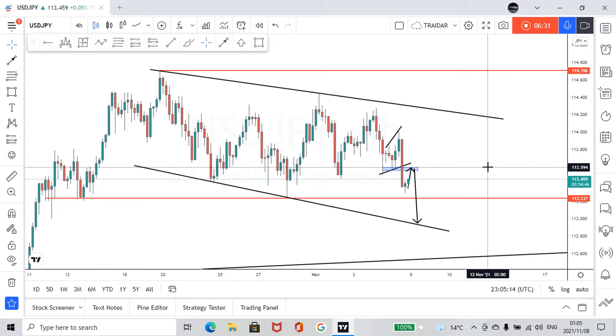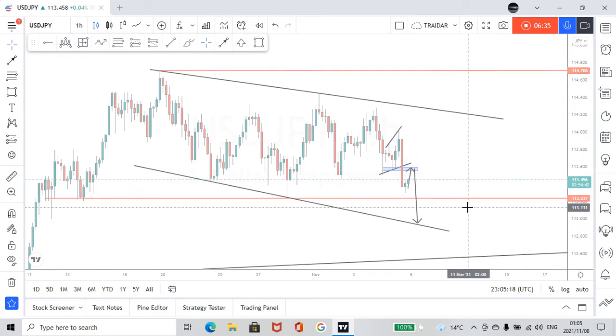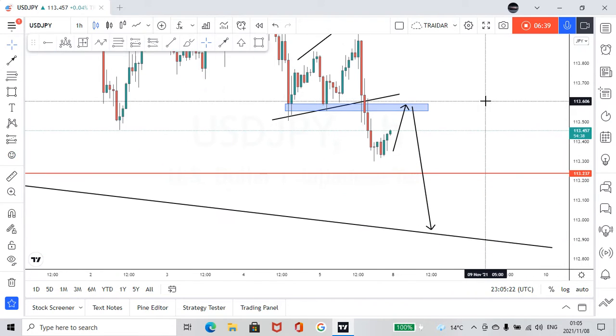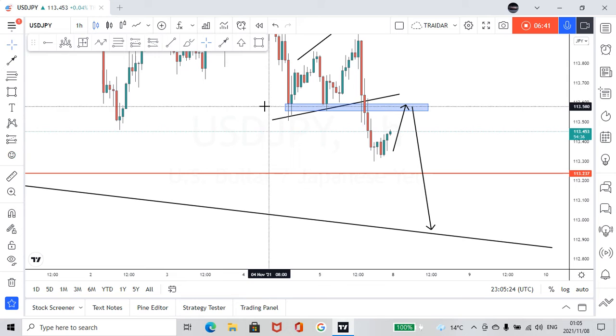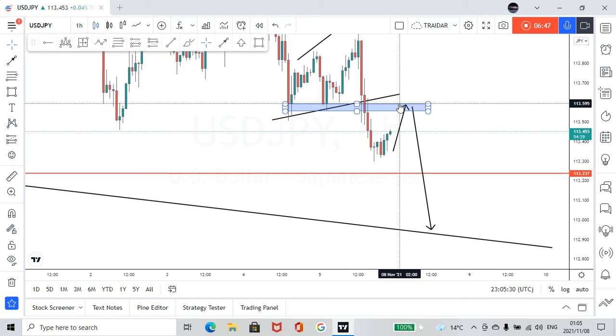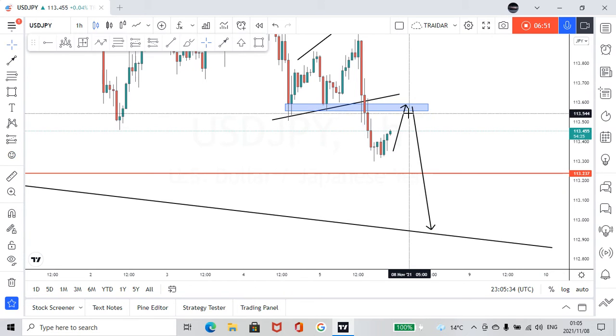So yeah, what I'd like to see happening is exactly what I say I would like to see happening. So the market can come all the way to this area here. It might, and then just give us a wick into the touch this area with a wick, and then we're clear and safe to say